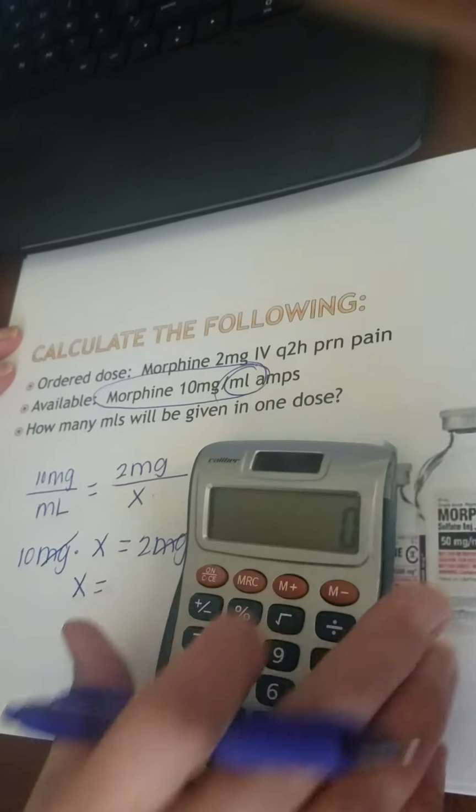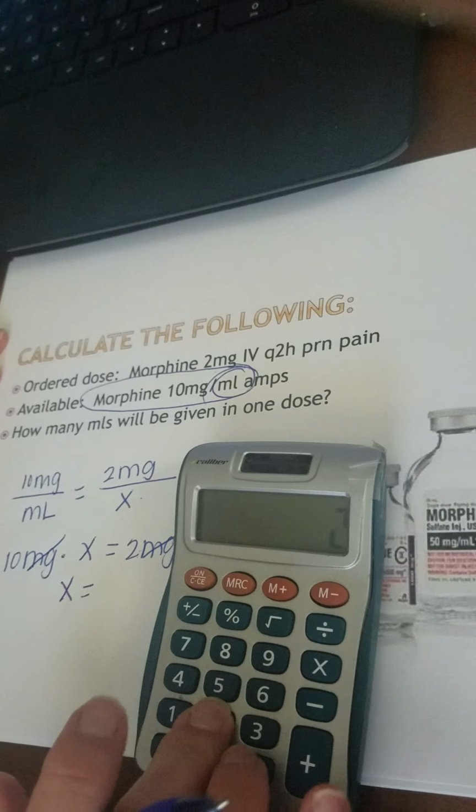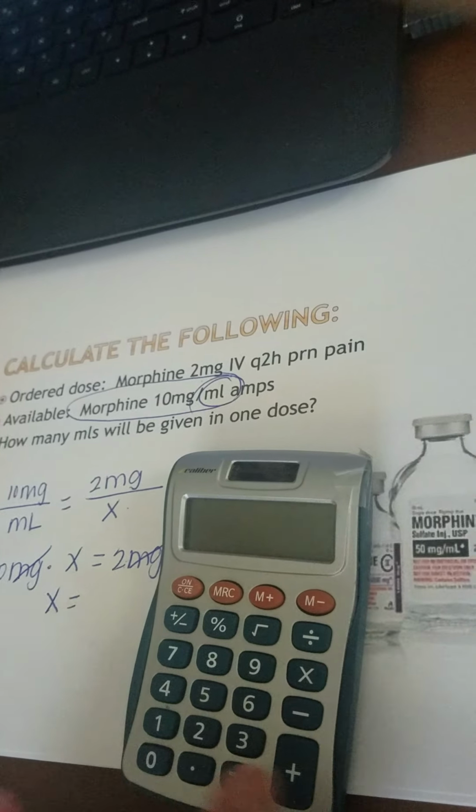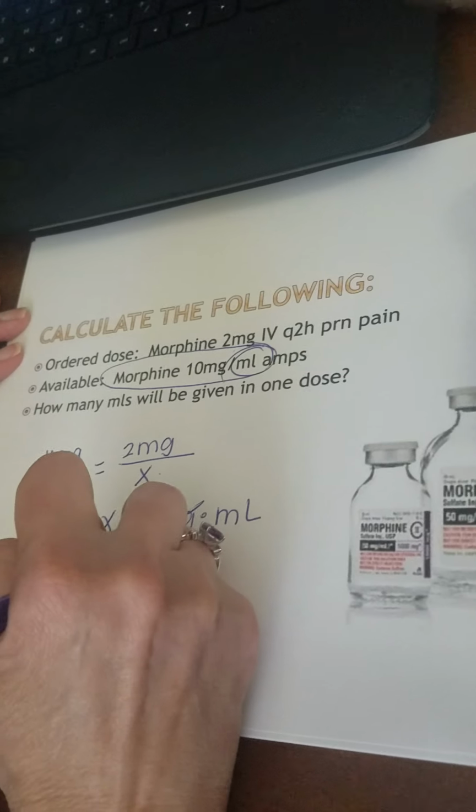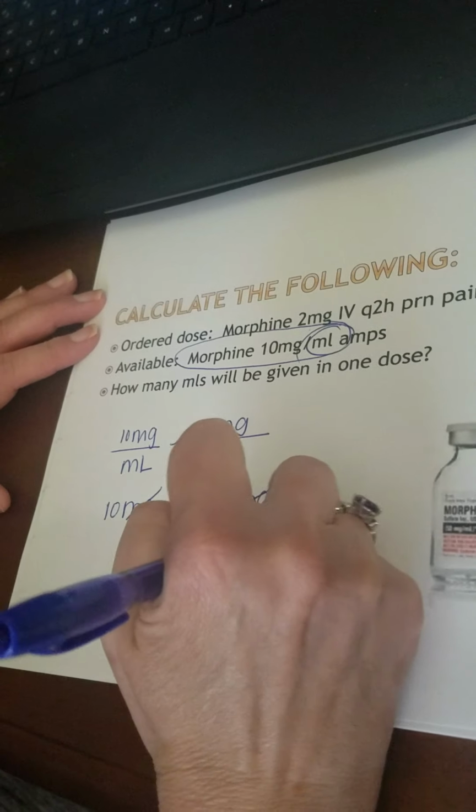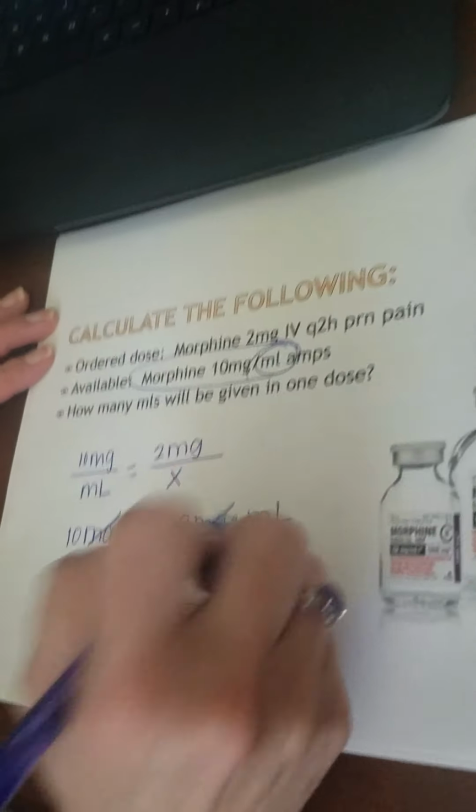So I just use the calculator. 2 divided by 10, and it equals 0.2 milliliters. That is the answer. Okay? So next,